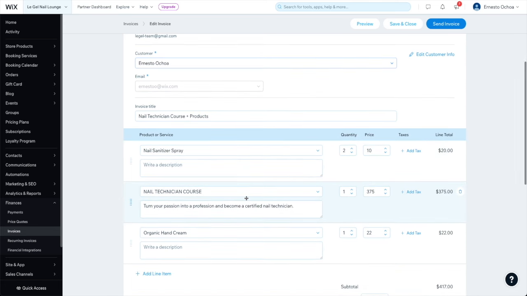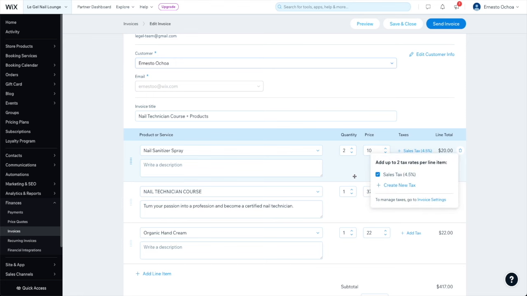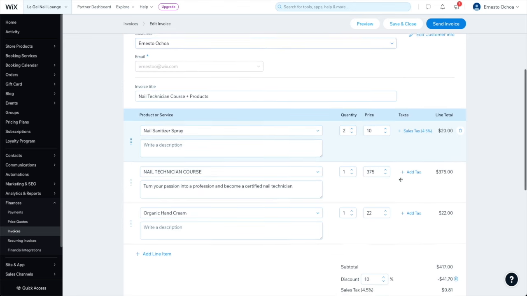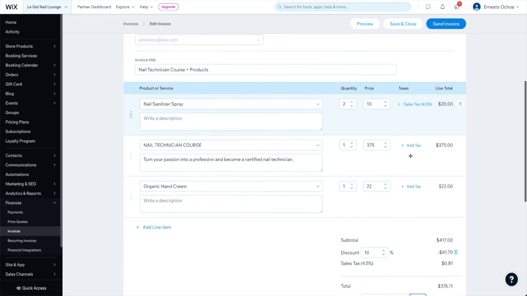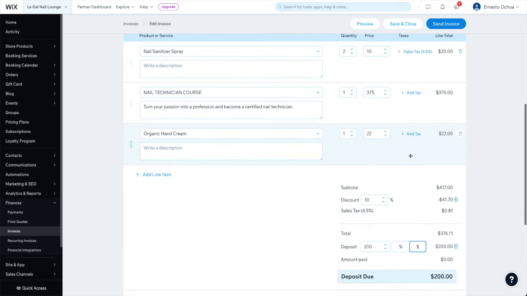Now, I can add up to 2 tax rates per item on my invoice, including services and products. And I don't have to do any of that math myself. Now, if I click here and enter tax rate, my invoice will add up what my clients owe me. That tax automatically gets added to my invoice total. If you want to learn a bit more about adding tax to your invoices, check out the link I've added to the resources tab below. The next options you'll see are to offer a discount or request a deposit.